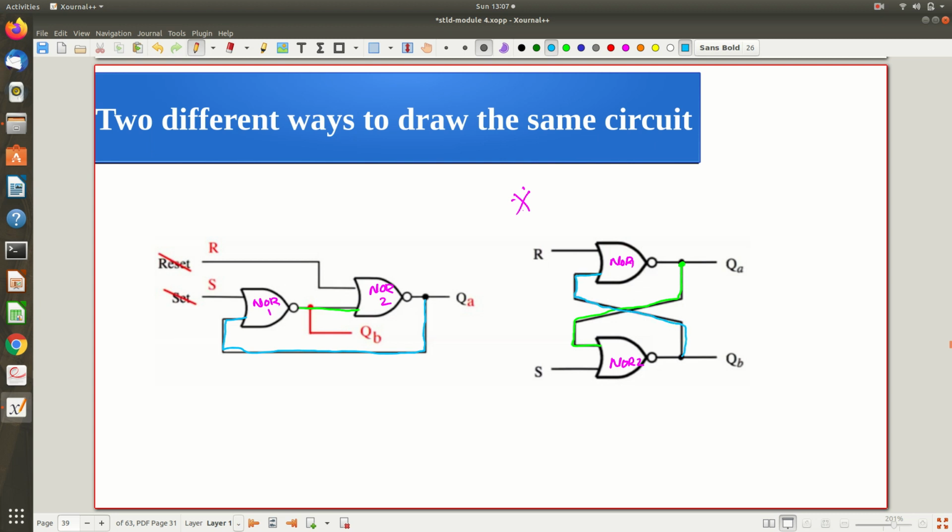So, this kind of a circuit. It's simple to draw, right? Some kind of cross coupling. Just connect two NOR gates and take the output of the first NOR gate and give it as input to the second NOR gate, and take the output of the second NOR gate and give it as input to the first NOR gate, and apply the reset input to the first NOR gate and set input to the second NOR gate, right? And from here you will get this QA, right? This output QA you will get from